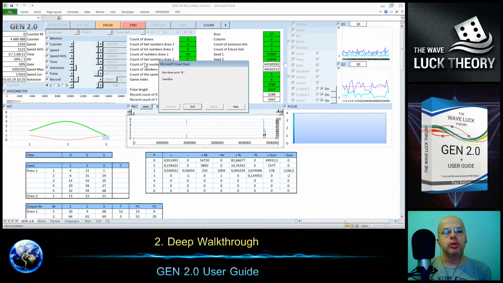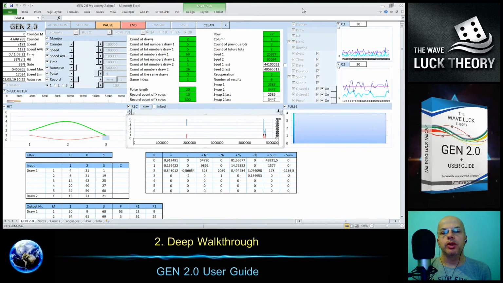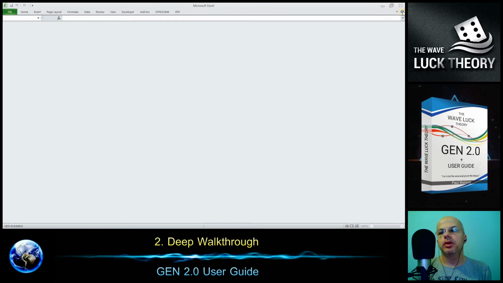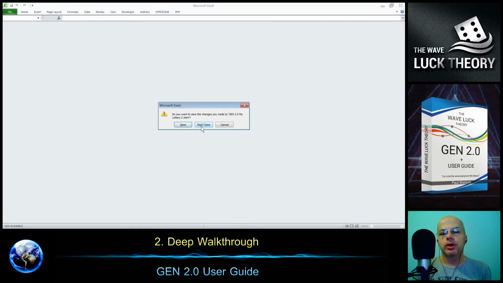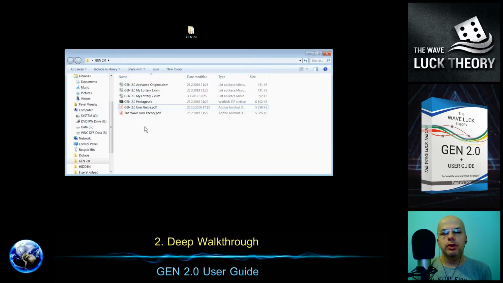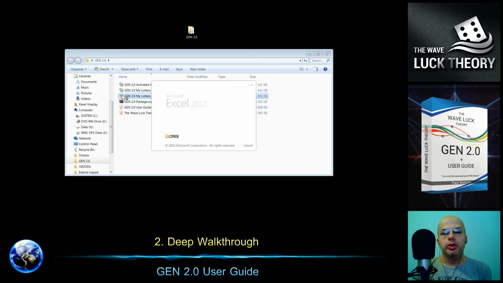Yeah, that's what I wanted to show. Something might sometimes happen, as I was playing a lot with that, but with good luck it was saved just a few minutes before. So if something happens, that's why it's good to have autosave on. I can just close it, I will not save it, and I will open it again.